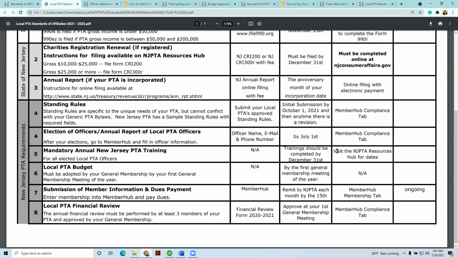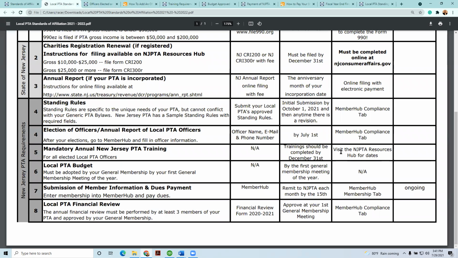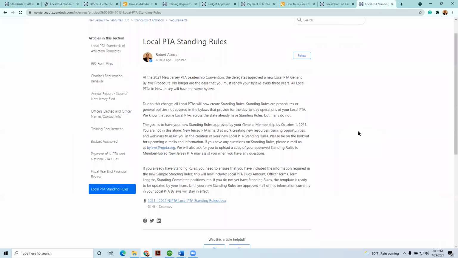Step 4 is very simple. Standing rules. Standing rules are specific to the unique needs of your PTA, but cannot conflict with your generic PTA bylaws. At the convention in 2021, the delegates approved new generic PTA bylaws for each local PTA. That means you no longer need to submit or renew your bylaws every 3 years as you used to. The local PTA standing rules